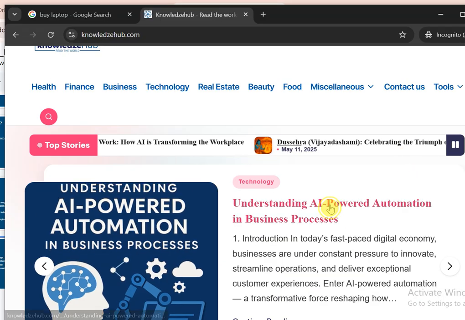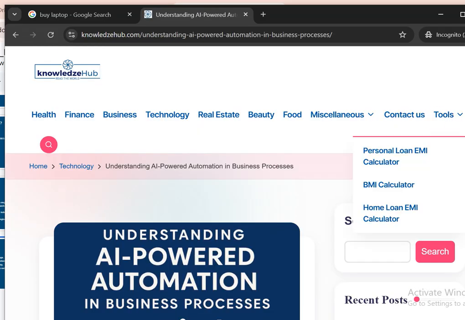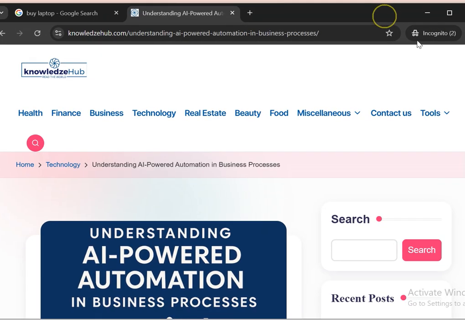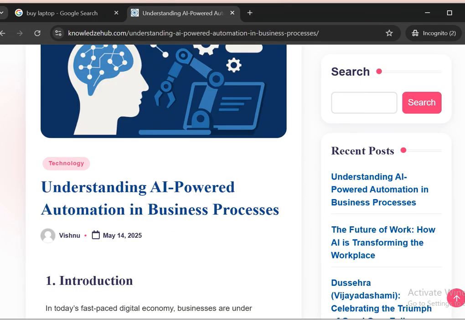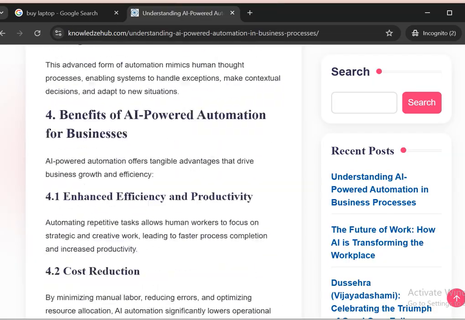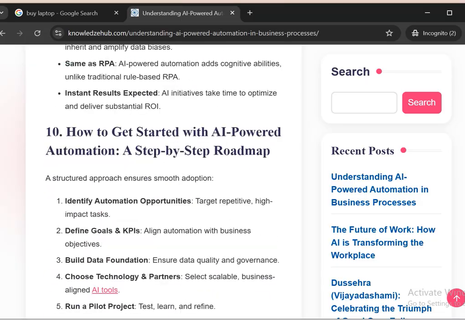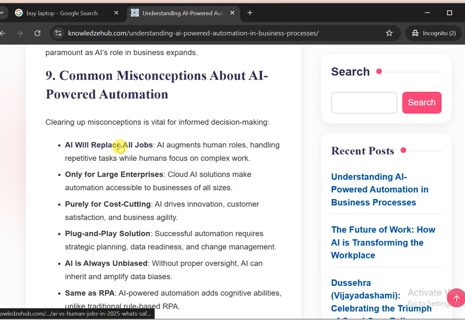If you see any one web page, this is called the anchor text.